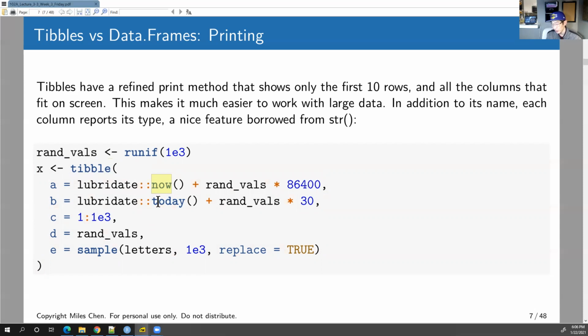Yes, because it's a rectangle, the lengths of each of these things need to be the same length. So the length of each of these things is 1,000, 10 to the third power. 1e3 is 10 to the third power. So this will be a column of integers. This is a column of type double,